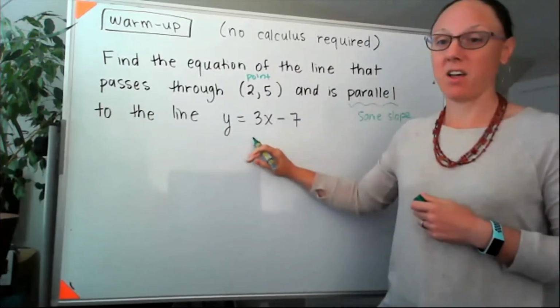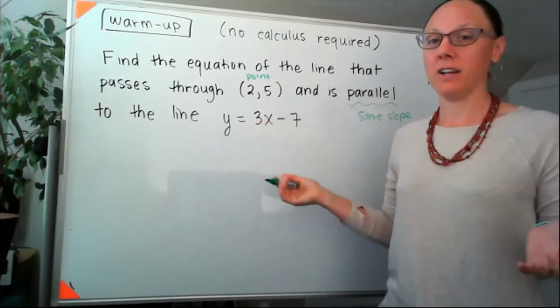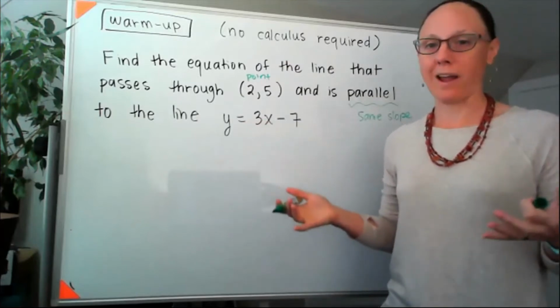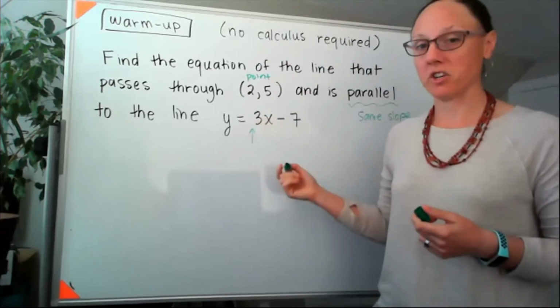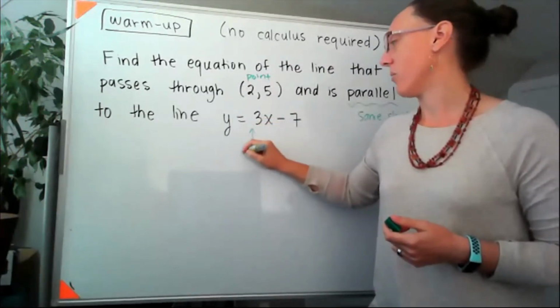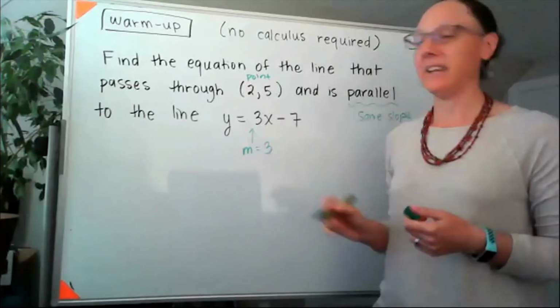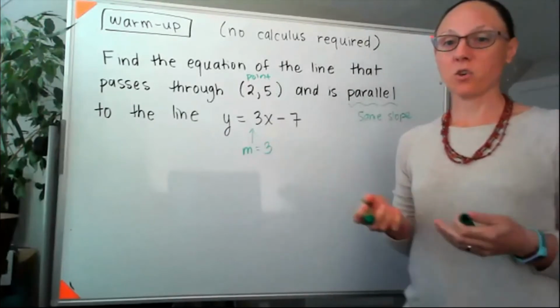So when I read this line, this is in our comfortable y equals mx plus b kind of form, which means that the coefficient on x is telling me that the slope is equal to 3. Putting those two things together,